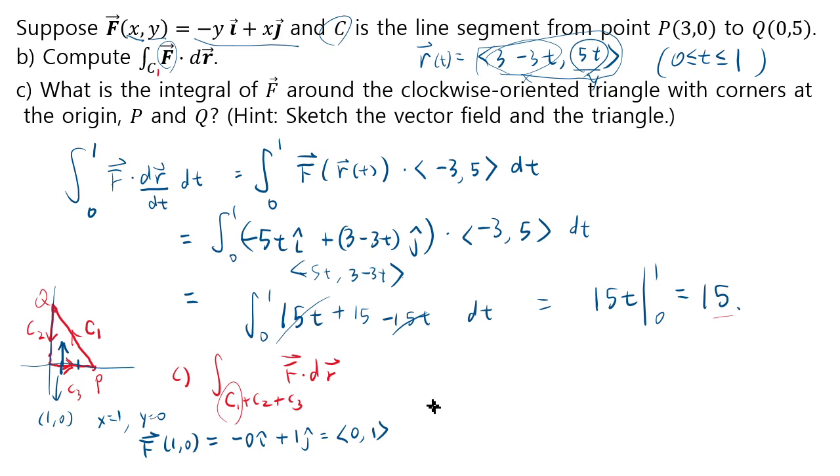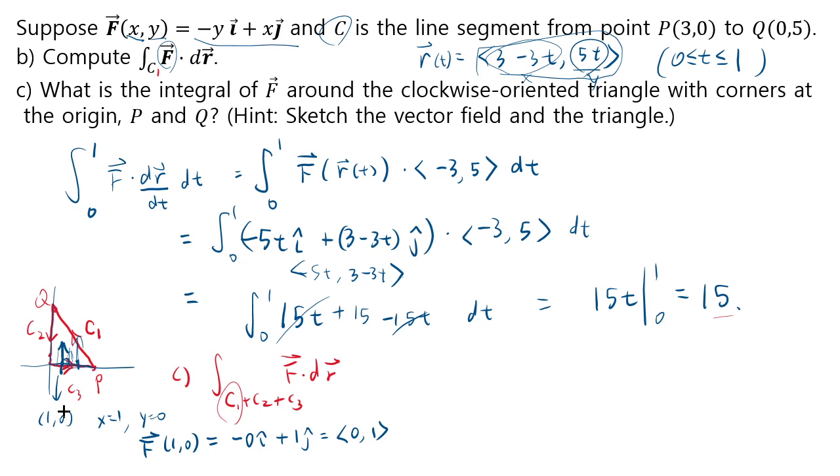And likewise, if we plug in 2, 0, it will still be a vector going upwards. After some inspection, you'll see that all the vectors over this line are always going up, whereas dr along C3 is going right. So the vector field and dr